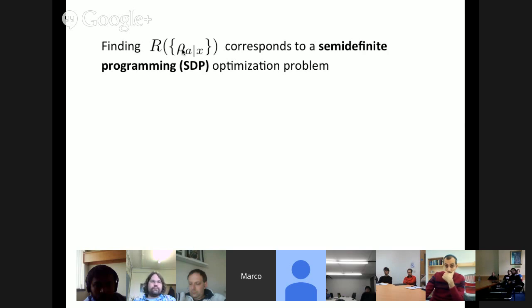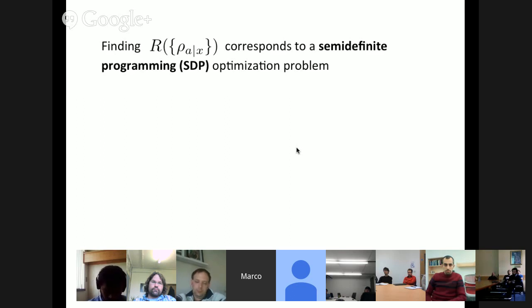So what we find is that computing this steering robustness for the assemblage rho AX corresponds to a semi-definite programming optimization problem. You may be familiar with semi-definite programming. If not, I encourage you to become familiar, because it has proven to be a wonderful tool in the context of quantum information. The idea is that the semi-definite constraint, the fact that we refer to matrices that are positive semi-definite,